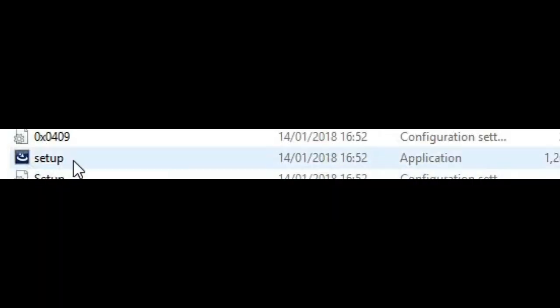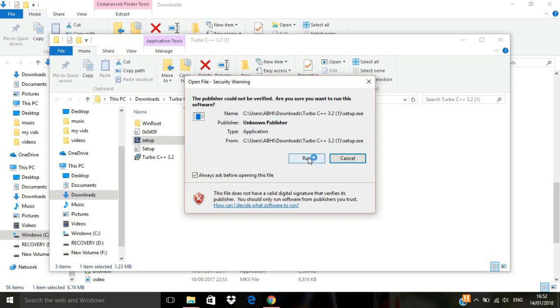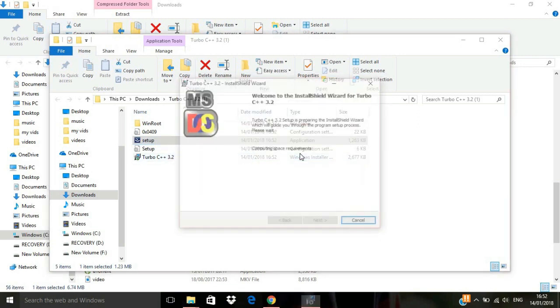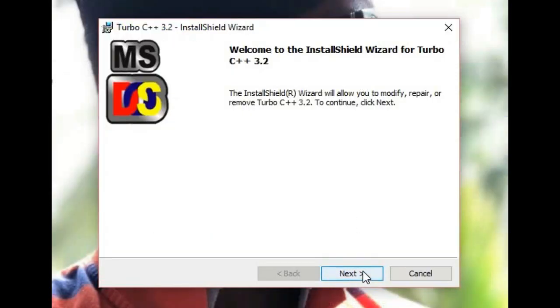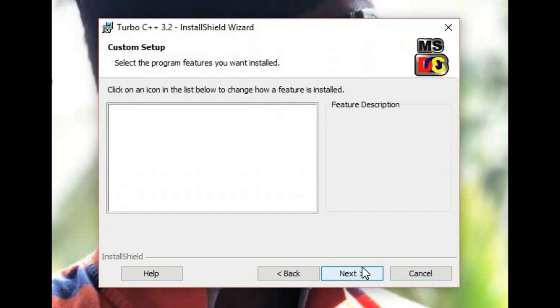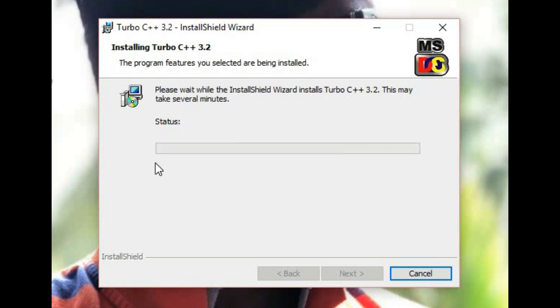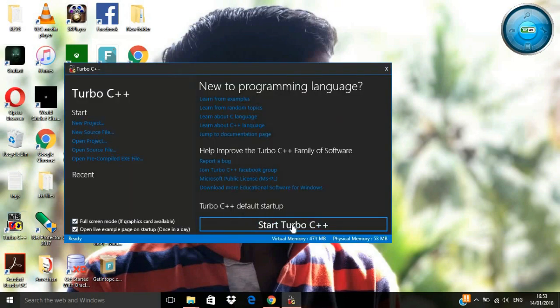Now click on this setup application. Double click on it and run. Now click on next, next, next, and click on install. Click on finish. Here you can see that our software is successfully installed. Click on start KND++